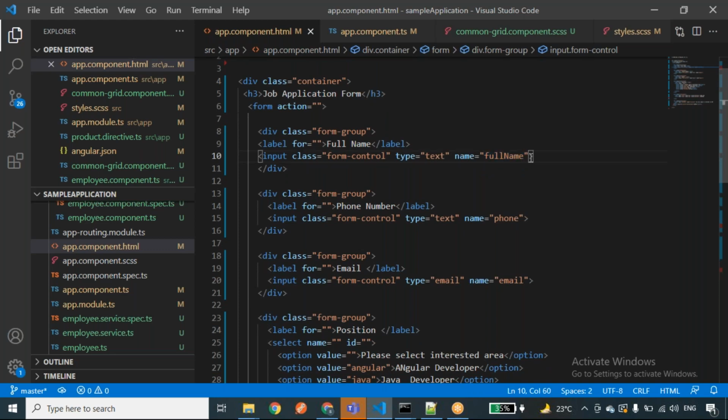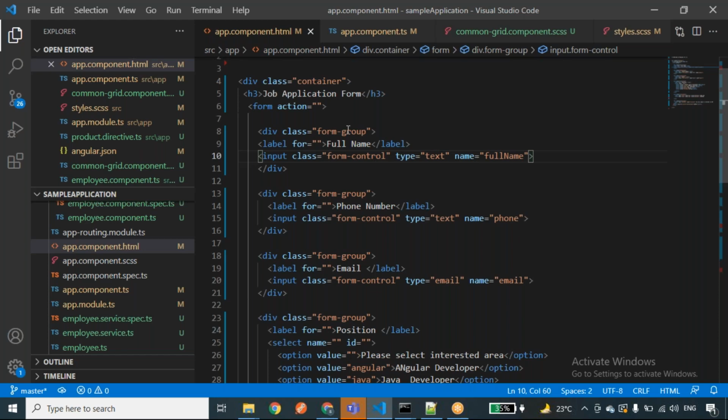And one more thing, whenever you use the ng model directive, it is mandatory to have the name attribute. Then only ng model will work. I'll show you that. To work with ng model, this name attribute will be mandatory. Otherwise, it will throw an error in the console.